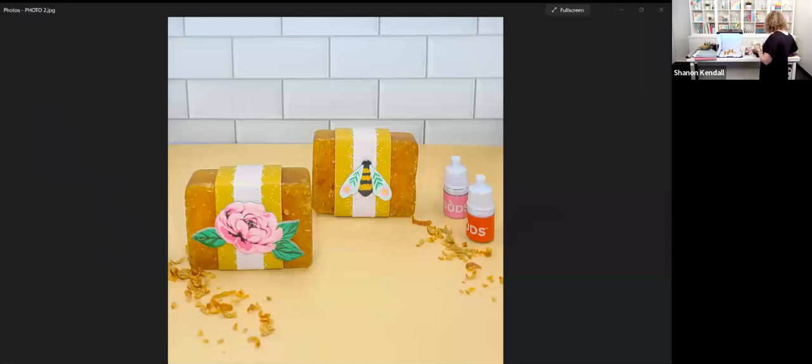Okay, so there's my photo 2. Okay, so you can see that little gap, that's just a sliver of a gap between the two soaps so you can see their individual soaps. When you're lining up your shot, my back soap is actually pretty far back. It's probably a good finger's length back from my other soap, but when you get your final shot, you can see that you can't really tell that as much. So I like to create that little gap between the two so they don't blend into one and confuse the eye. Okay, so there are some shadows in this shot, right? So I want to do something to help that a little bit. So I'm going to add,